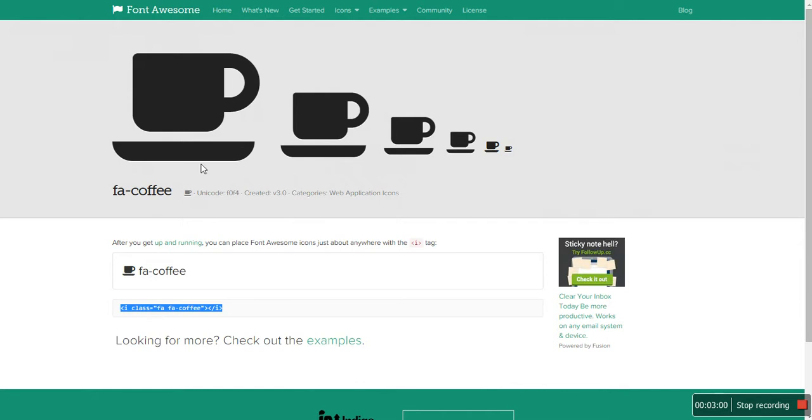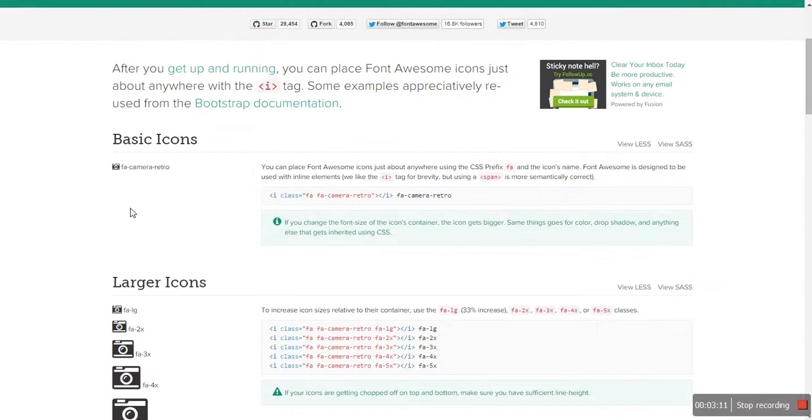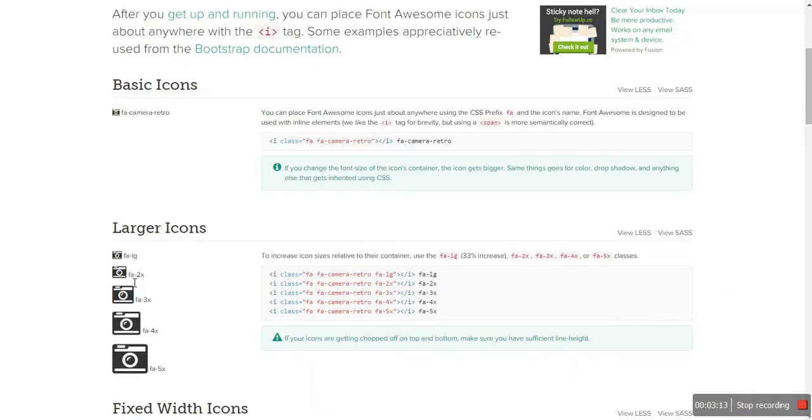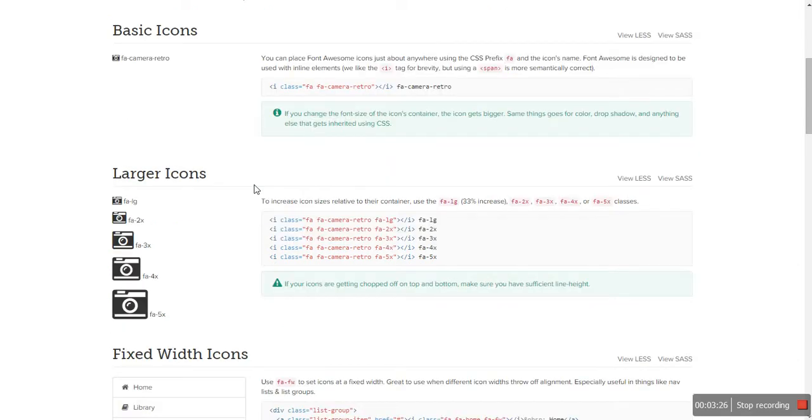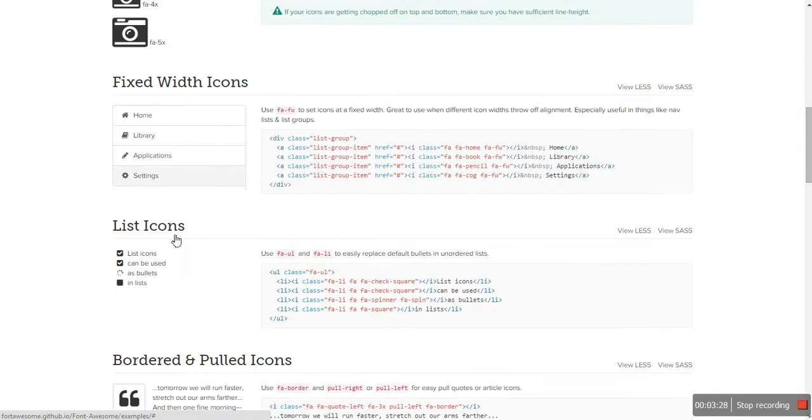If we open that in a new tab just so we can see it, under there is the code that we want to use. Now there are multiple sizes, 1, 2, 3, 4, 5, 6, and we want to use the 5th size. If you click over onto the examples and scroll down, you'll see all these different examples. So here's your large for 1, 2, 3, 4 and 5. So we want to use the 5 times. So we would use fa-coffee-cup fa-5. But if you have a look while we're in here, you can see there's a whole range